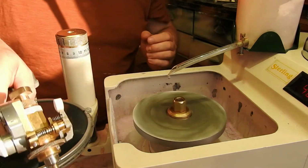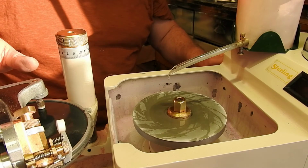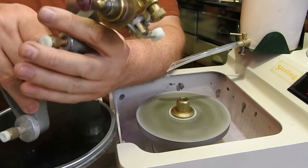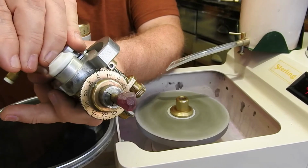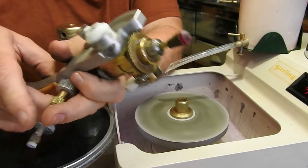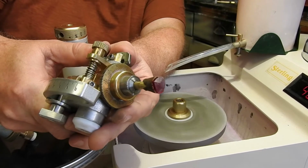That is hardly touching it, so we've got to get a slightly coarser grit. Right, due to the nature of the very hard stone, it got extremely noisy, which you really don't want to hear. So I cut roughly, as you can see,